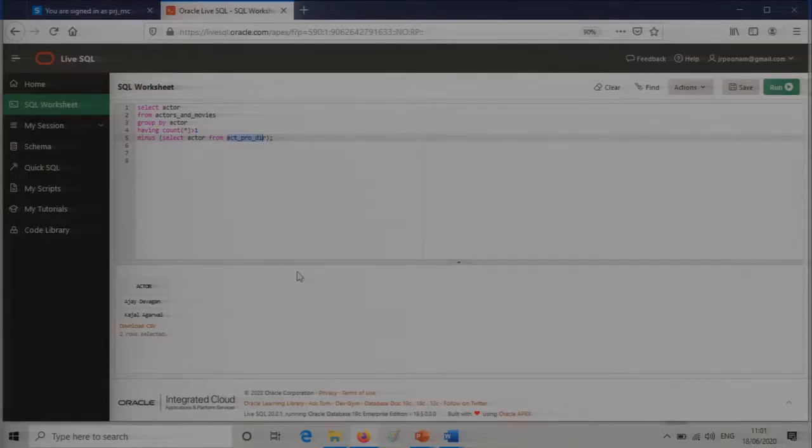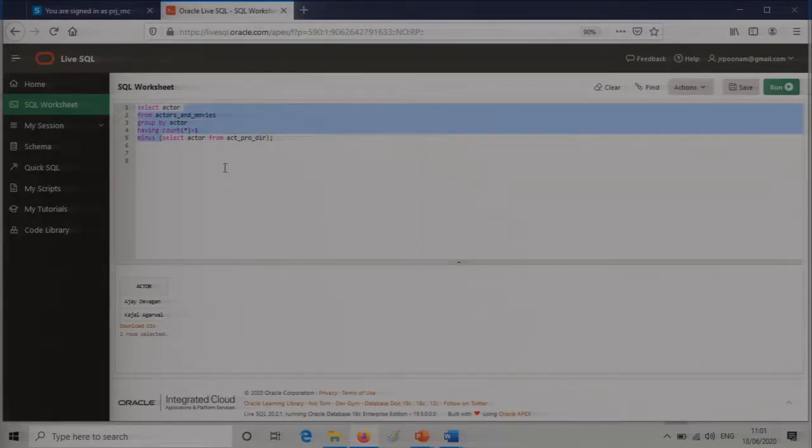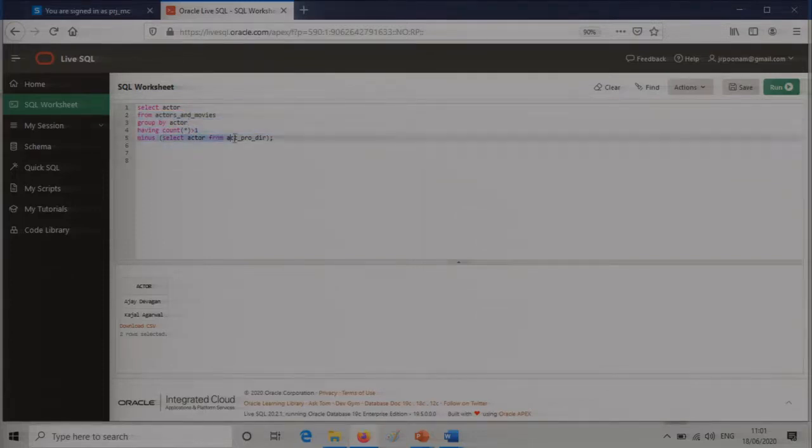On top of it, the view we have now created is actor, producer, director. That means this is the view which has people who are actors plus producers plus directors. So from the actors and movies view, which has all the actors in it, I will group them by actor and see whose count is greater than 1.